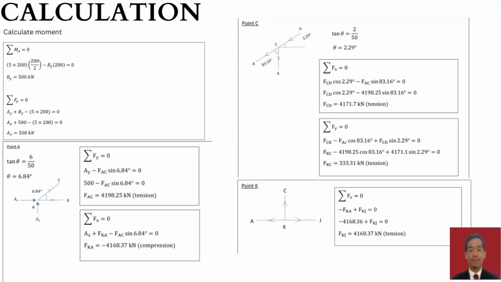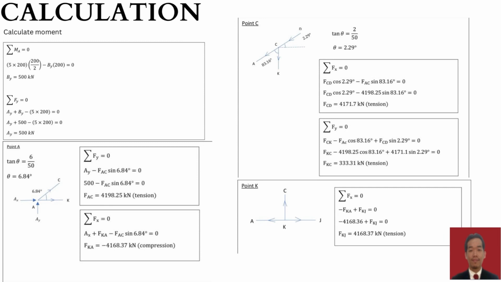Next, for the calculation, we calculate the external forces first by taking moment at point A. From there, we get the reaction force at point B, labeled as By. Summation of forces was also calculated to find the reaction force at point A, or Ay, which is 500 kN. We use the method of joints to calculate the internal forces of each truss. At point A, there are two trusses whose forces we must identify, which are truss AC and KA. By using the equations of equilibrium, we can determine that FAC is